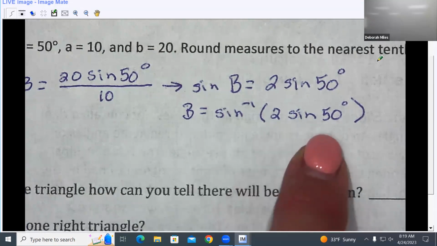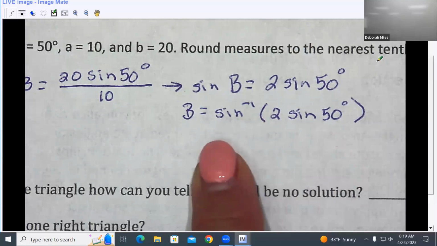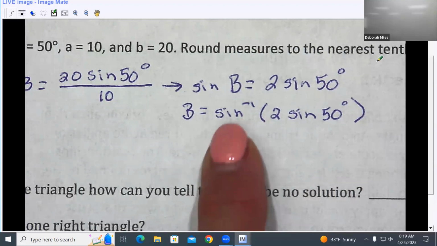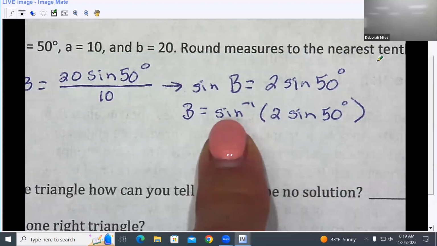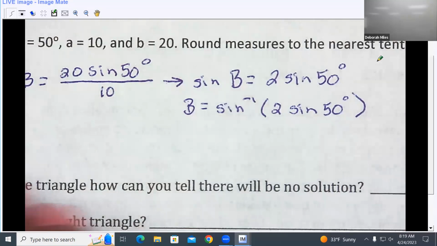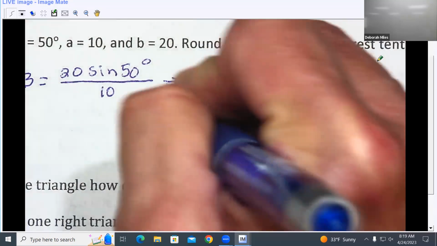2 times the sine of 50 degrees is more than 1. And so if I had gotten a decimal approximation of that, let's say it turns out to be 1.7, I don't know what it turns out to be, but whatever it is, it's a number that's greater than 1, so I can't take inverse sine of that number. So this solution, there just isn't one, no triangle,